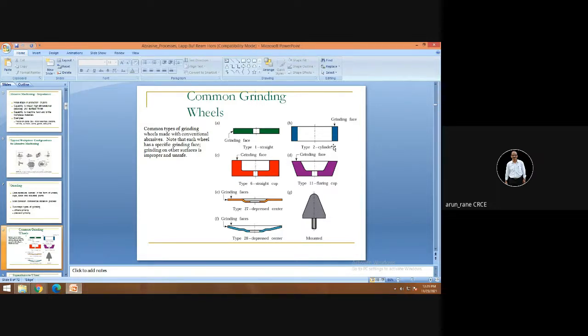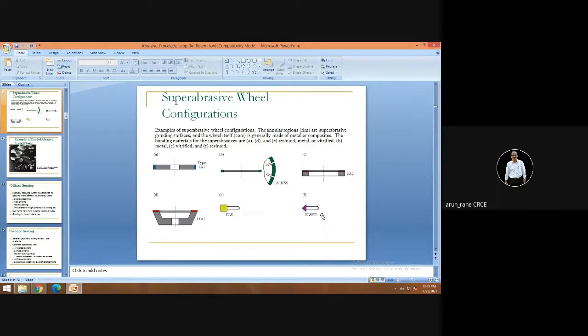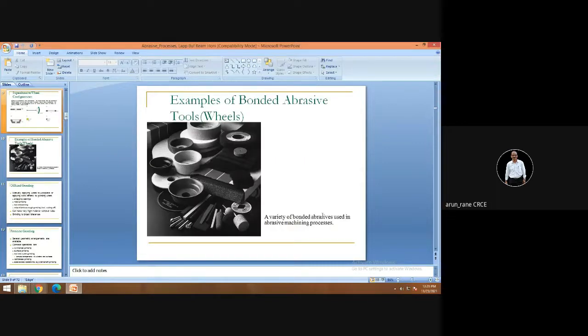This is another grinding wheel. This can be used for OD. This can be used for grinding the shoulders or the face of the workpieces. These are called cup type grinding wheels. This is a straight cup and this is a flaring cup. These are your ball type grinding wheels, and these are very well used by die makers in die making industries. These are called super abrasive wheels, not so common. These are photographs of grinding wheels.